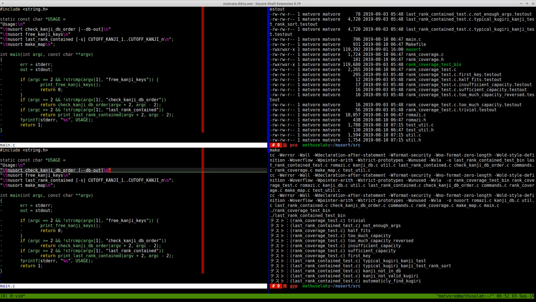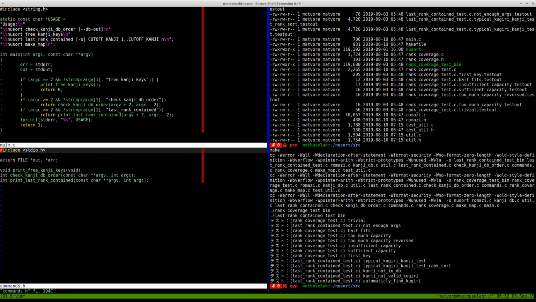So the command prototypes are all in a single file. This kind of makes things a little bit more convenient. And wow, looks like I have a strange argument order. Guess I'll have to be consistent. And const char. Okay. Make map. Okay. And then I'll have to